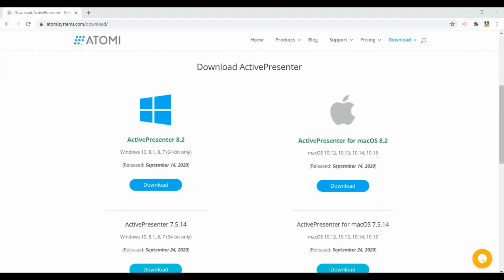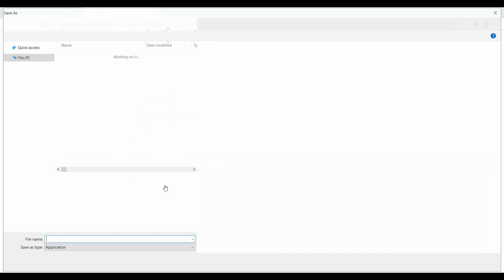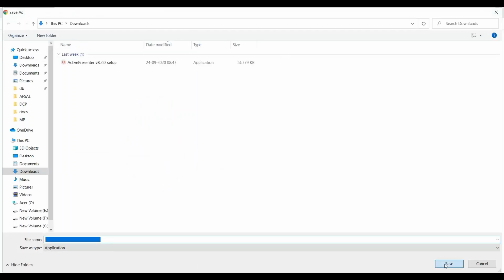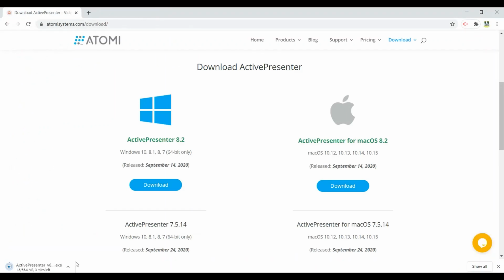It's better to download the new version of the Activepresenter. It's 8.2. You need to have more features so that you can edit your videos. To install the Activepresenter, you can download the new version. After saving the executable file, you can run it and you can start using the